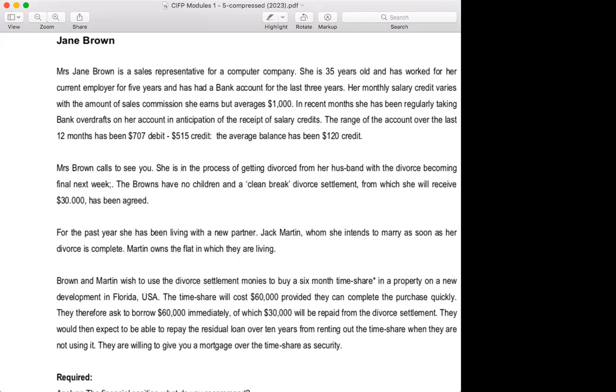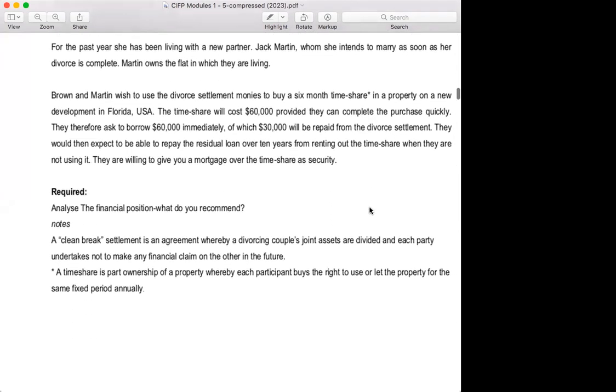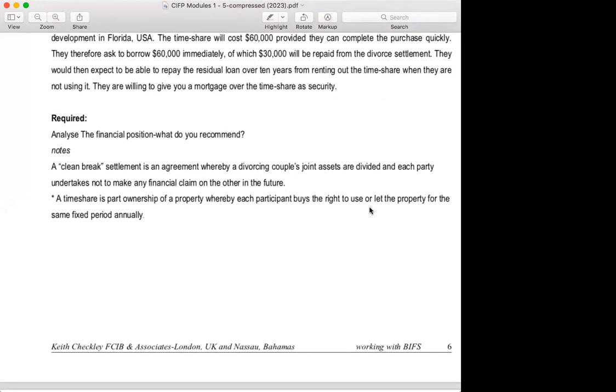So taking out such a large investment, timeshares does not take into consideration major global events such as COVID, or the war that's happening in Ukraine, or, let's just say, they've been speaking about the country going into some type of recession once again. These are the things that you will have to take into consideration, while also the fact that she does have a need in reference to how she manages her account with the overdraft facility as well. Yes. Her debits are more than her credits, and her average balance is significantly low.